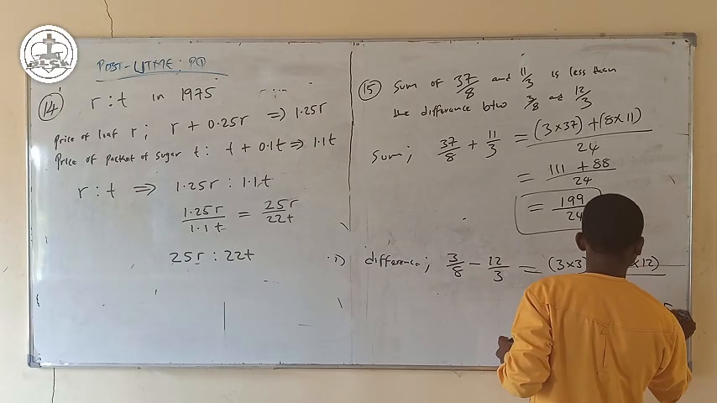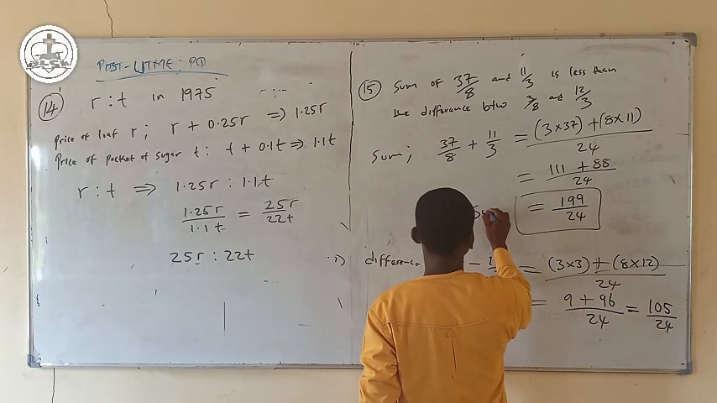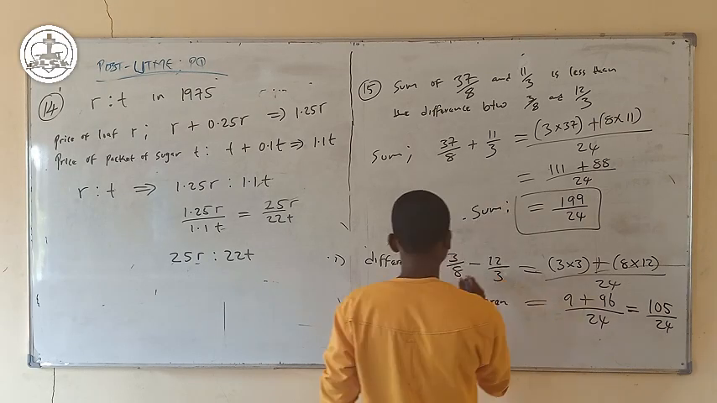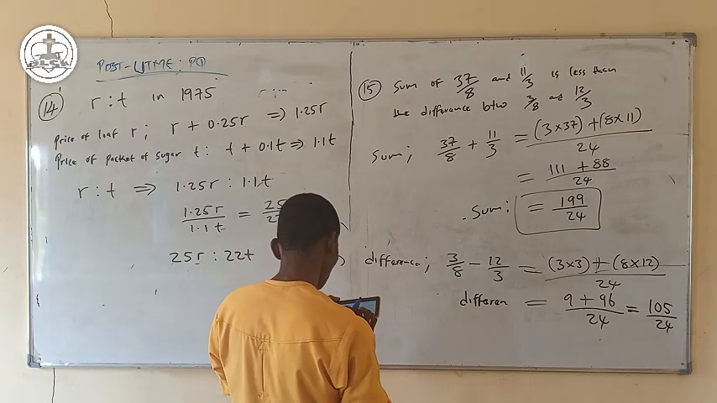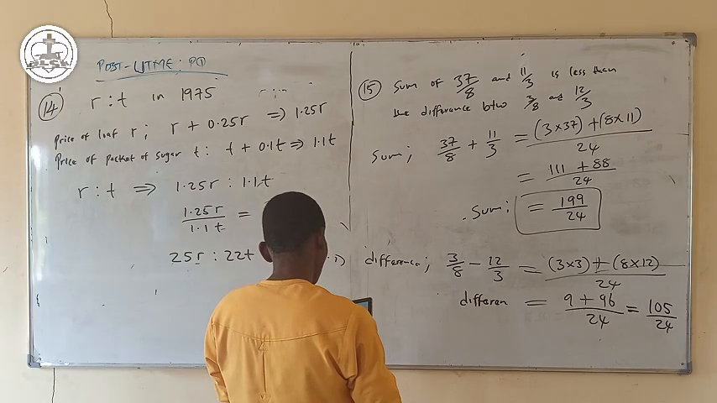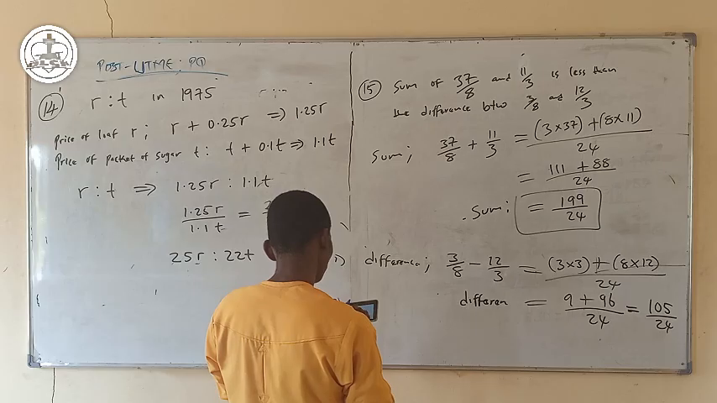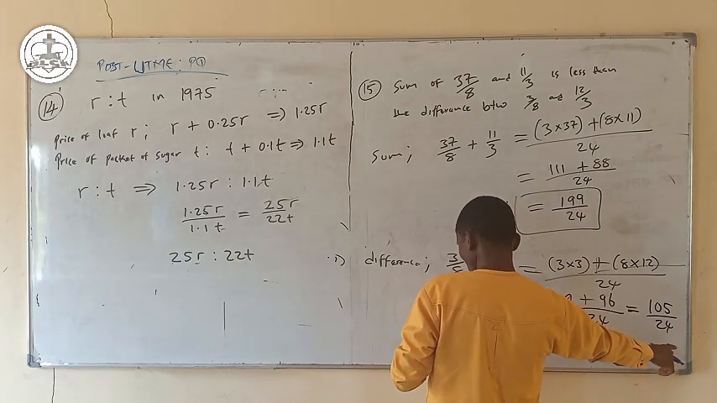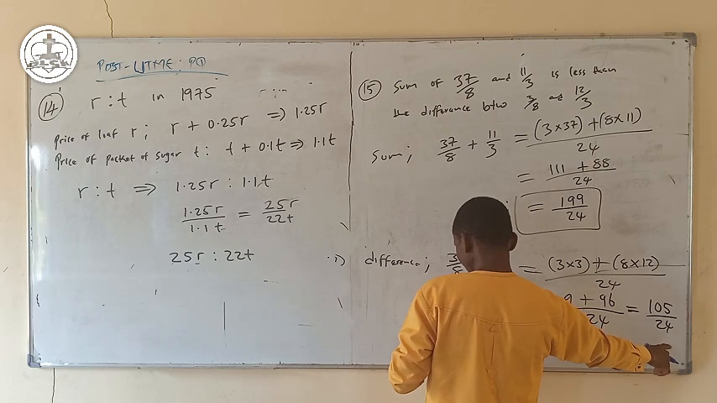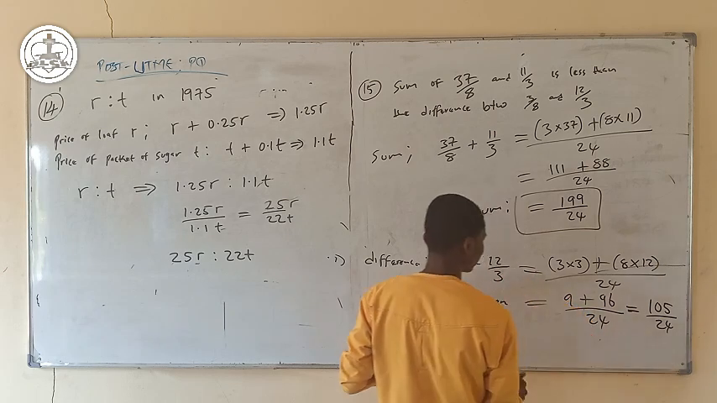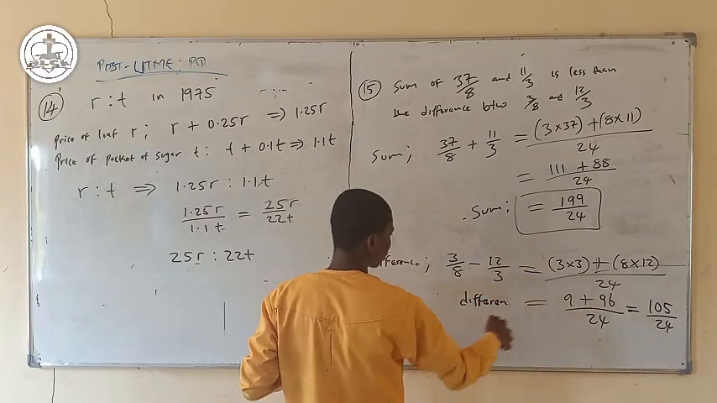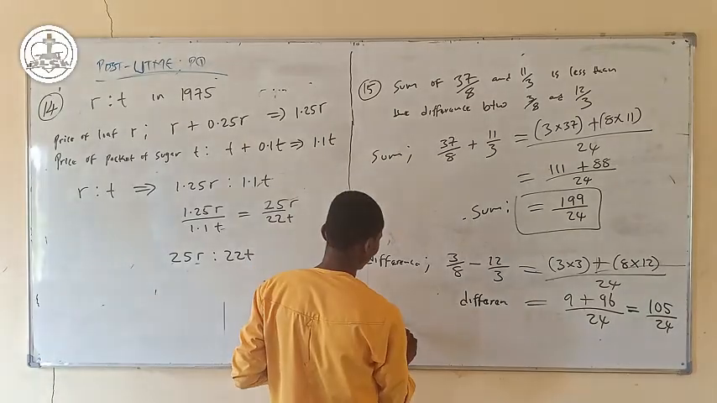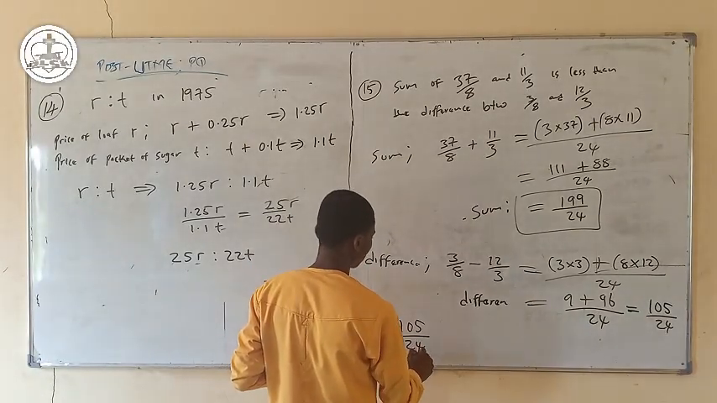105 over 24. So these are sum, and these are difference. The difference between 12 over 8 and 12 over 3. So our question says the sum is less than the difference between. So we're going to use the sum of 3 over 7 is less than the difference between by. So we're going to subtract our sum from our difference. Subtracting our sum from our difference, we have 1 over 5 over 24 subtracting